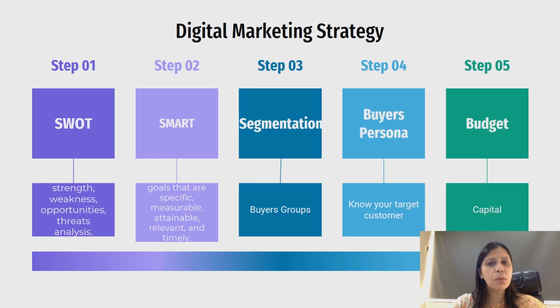Moving forward, we will talk about the 5 steps that encompass the strategy, and how these 5 steps are the indicators of each level at which you will be formulating your strategy. Talking about the first step, that is SWOT: strength, weakness, opportunity and threat analysis. SWOT analysis is related to environmental scanning. Similarly, as you do traditional marketing, in digital marketing also the genesis, or the starting point, would be environmental scanning.